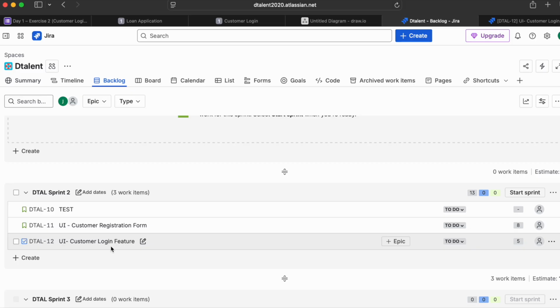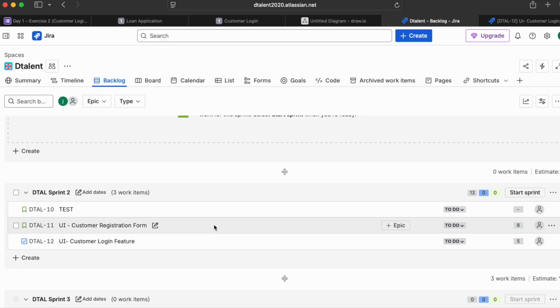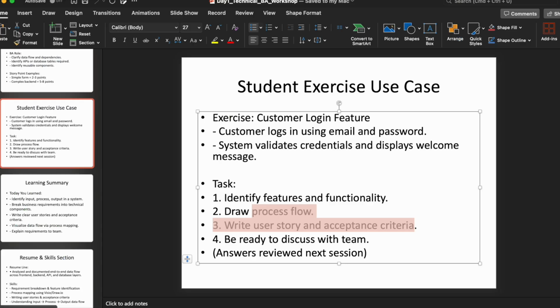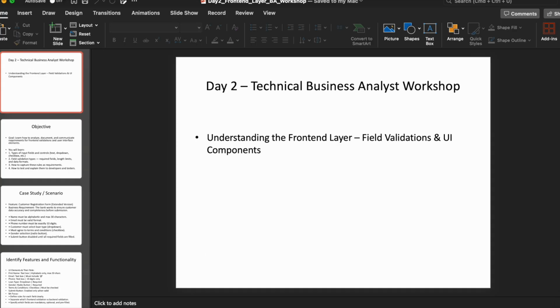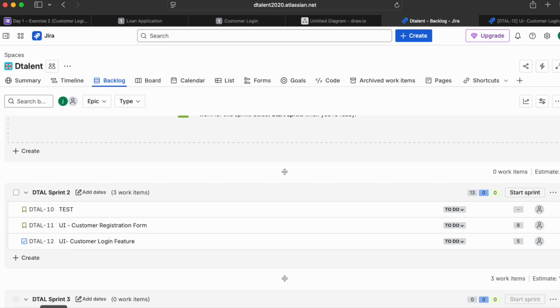Okay, that's it for yesterday's exercise. Now I'm going to close this one. Now let's focus on our day 2. Day 2, we are planning to focus more on the front-end layer, the field validation. Yesterday we just took the fields as they are, the customer registration form. If you go back to registration,